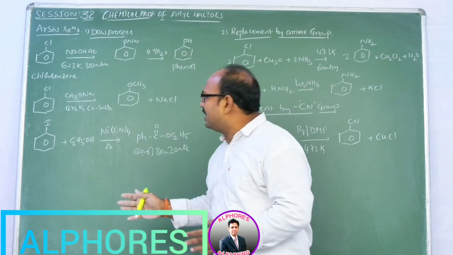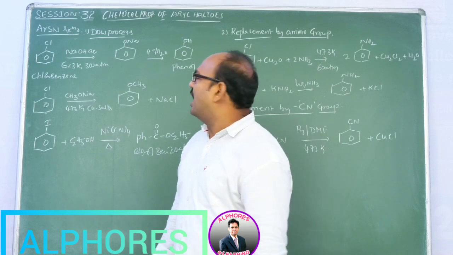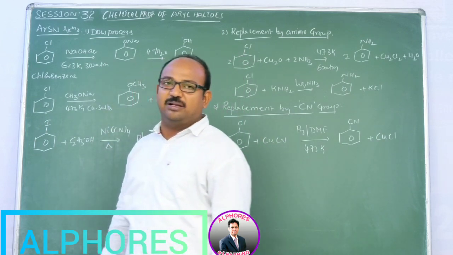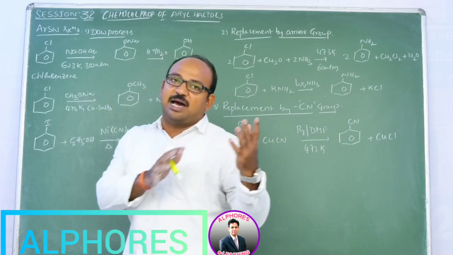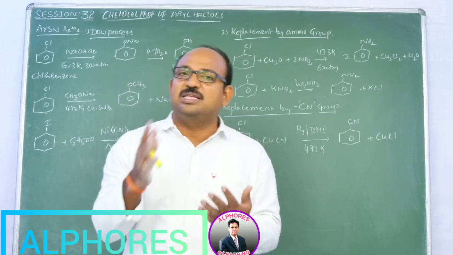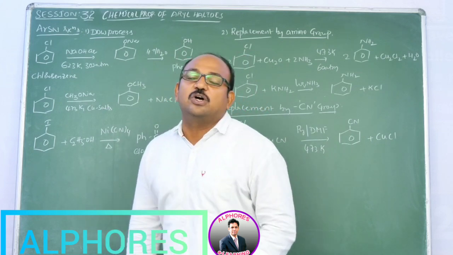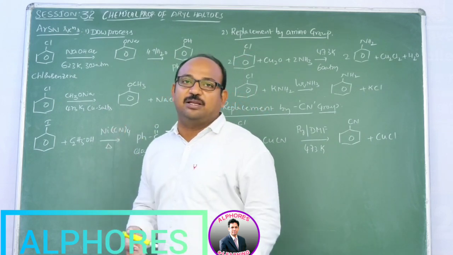So when OCH3 minus cannot displace Cl minus, OH minus also cannot displace Cl minus upon reaction with sodium hydroxide. In general, if it is RX, RCl plus OH minus aqueous base, it obviously leads to substitution. But in aryl halides that is very difficult. So how do you mention that it is very difficult?